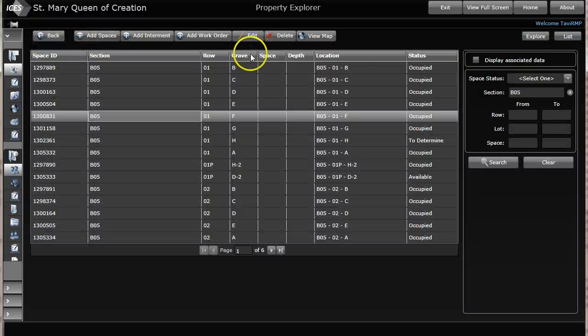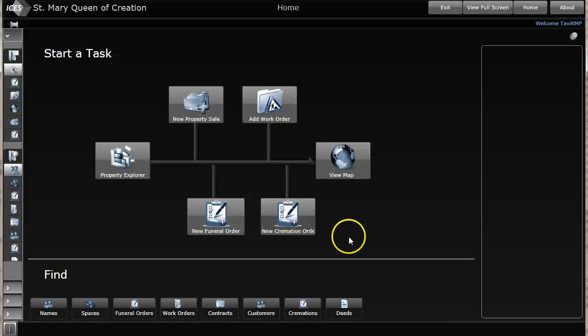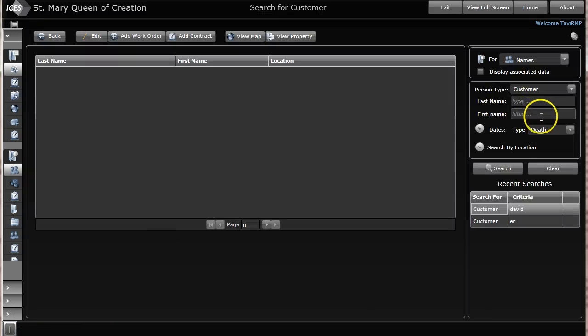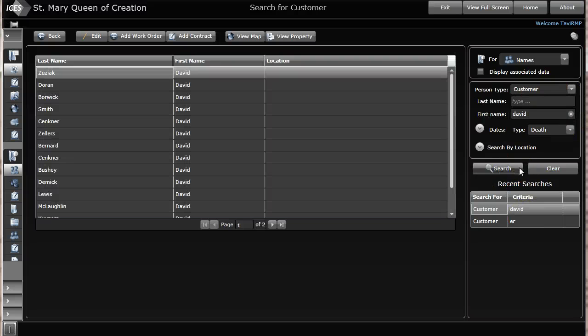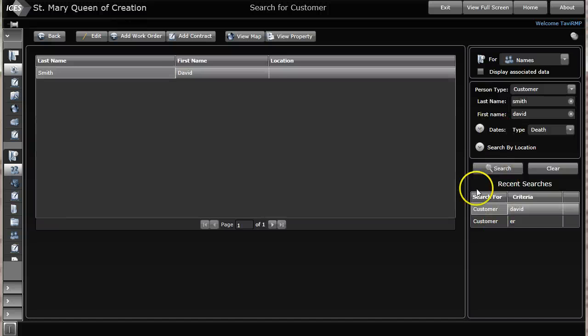Let's go to the home page and search for a name. For example, let's search for a customer. Let's search David. Search. We can filter some more if we want, Smith. Then search. We have David Smith. If we go to view property,